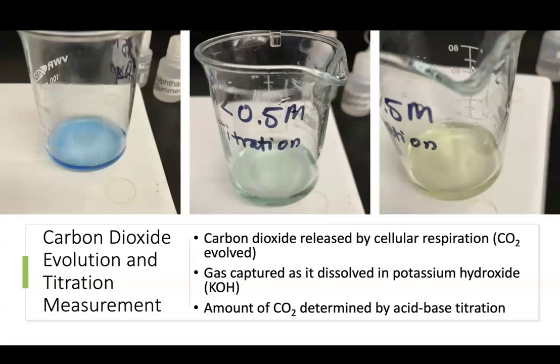The way that the actual data is collected with this test, as John mentioned, was a lot of titrations. This is done because the carbon dioxide, which is released via cellular respiration, is then captured in potassium hydroxide. So as the plastic is colonized and consumed, the carbon dioxide is released and dissolved in this medium, and I can test this medium for how much carbon dioxide is dissolved. Using a color indicator, I added acid to the potassium hydroxide, and based on when the color changed, I can use the amount of acid that caused the color change to calculate how much carbon dioxide was dissolved in my